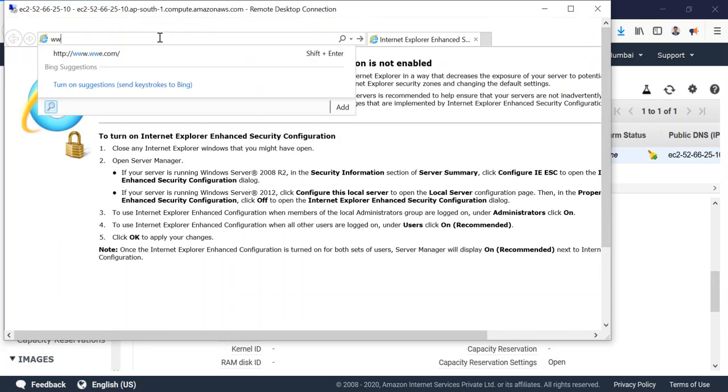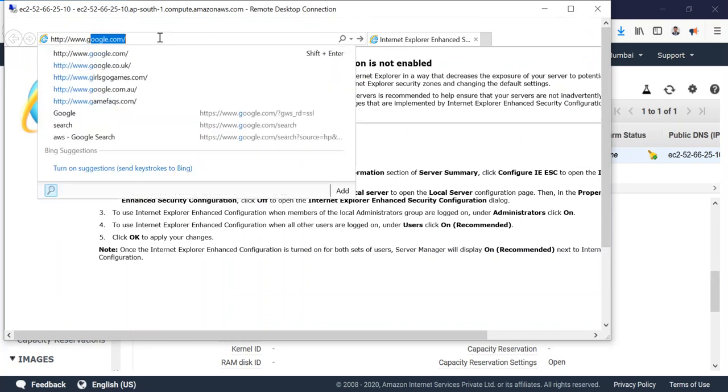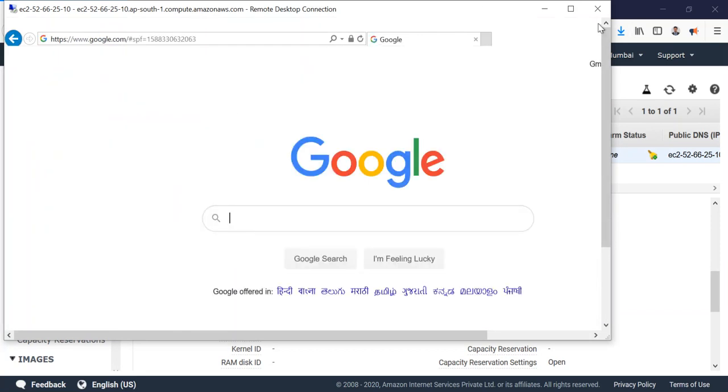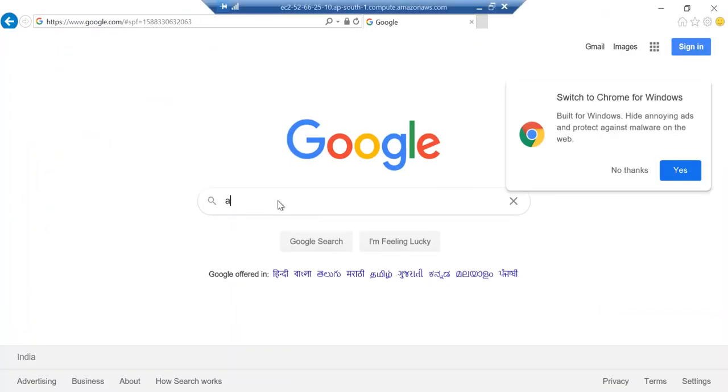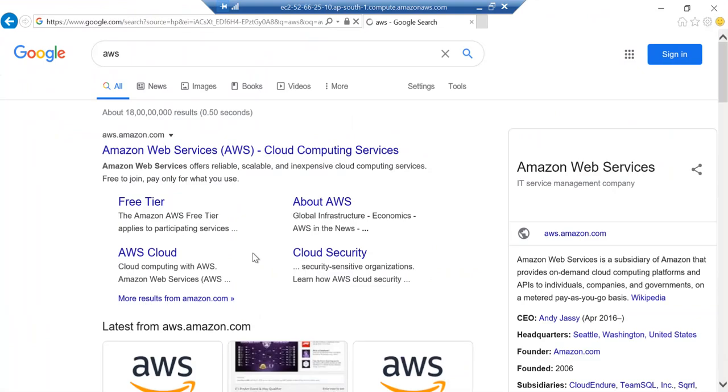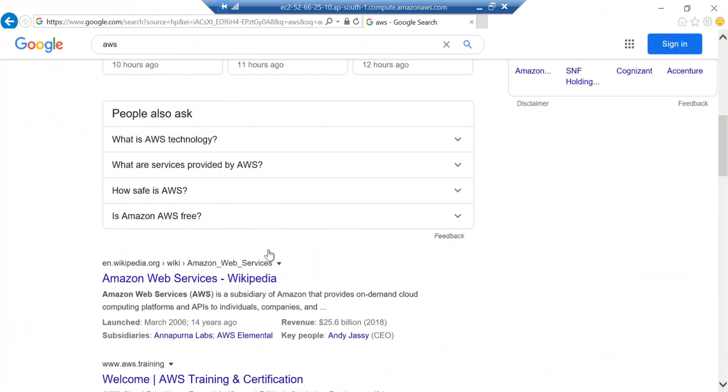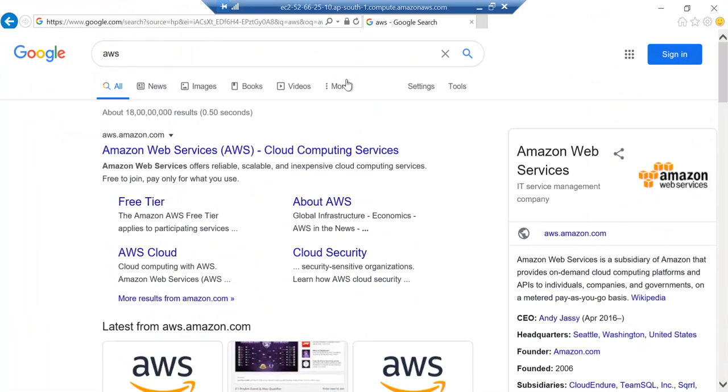Now you can access any of your websites. The internet speed here is also very, very good, so downloading or installing anything will be very easy. But remember, we have only 1 GB in this machine. So this is how you will connect with your RDP.